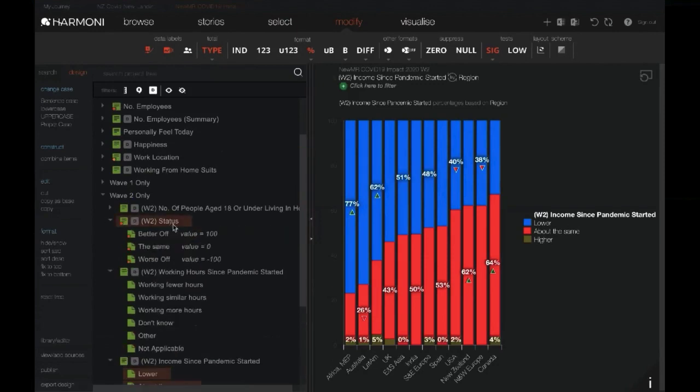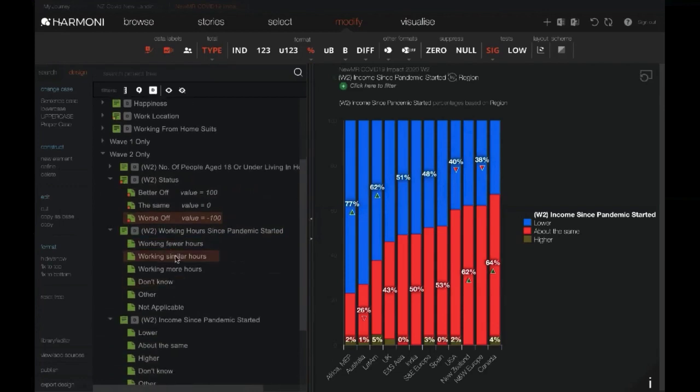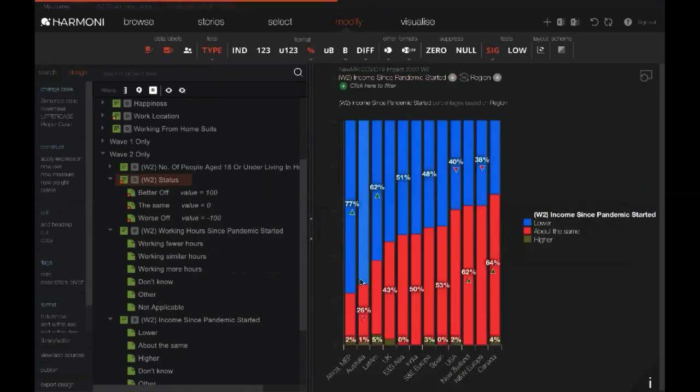We've called it status, and we've defined those who are better off as those who are working less or the same and getting paid more. Those that are worse off are those who are working more and getting paid less. I won't go into the detailed definitions, but it's simply an interaction between the number of hours worked and the income. So if I take this variable and replace my income one,